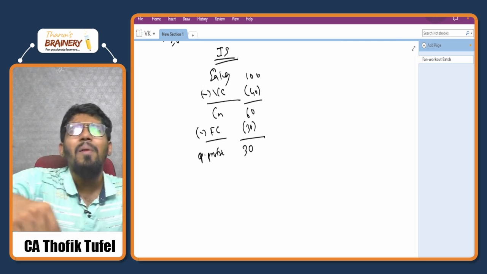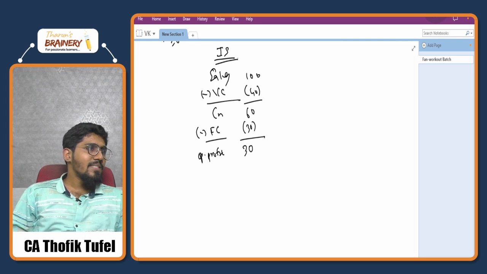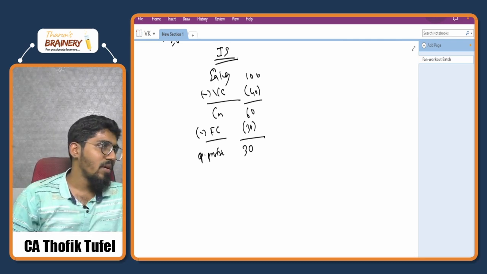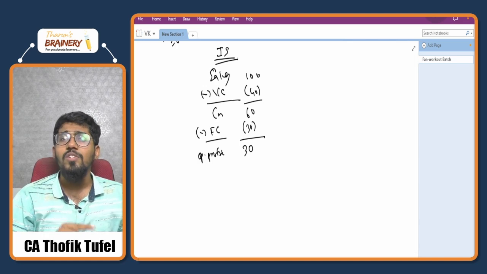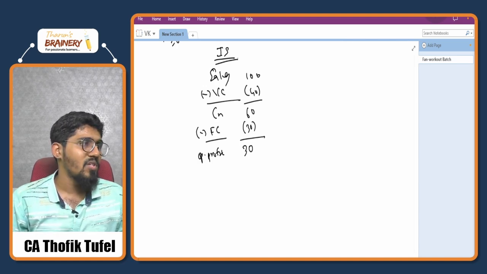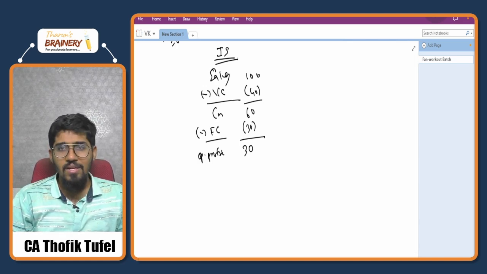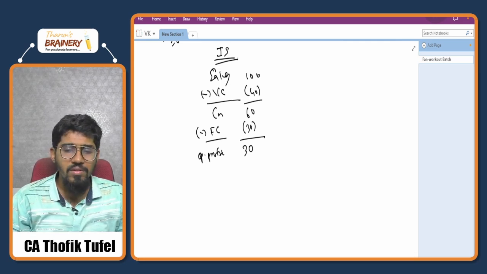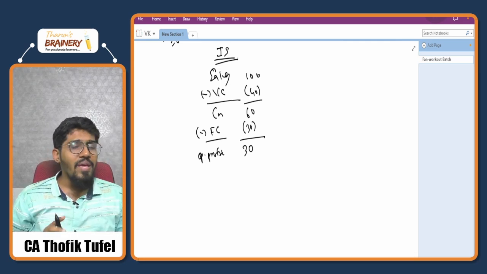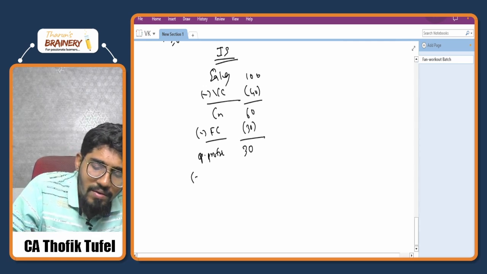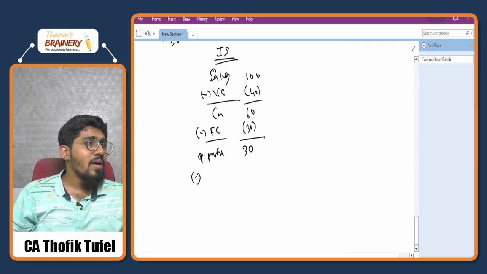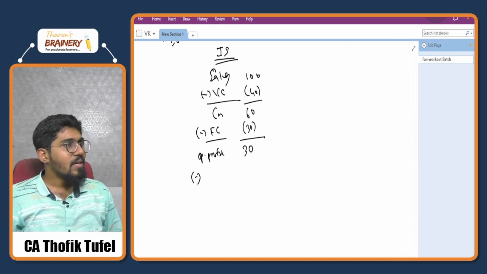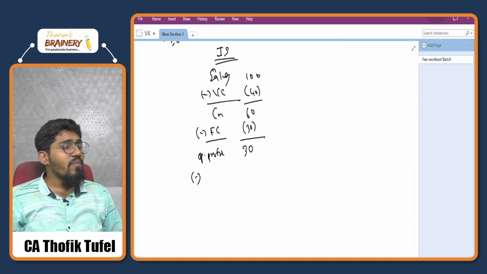Now this interest is not because of the operations of the business, but interest is a cost. So this cost is called non-operating cost or non-operating expense, correct? Because of non-operating expense, my operating profit will not change. So any interest that I'm paying will come here, because this 30 rupees is my profit from the business.